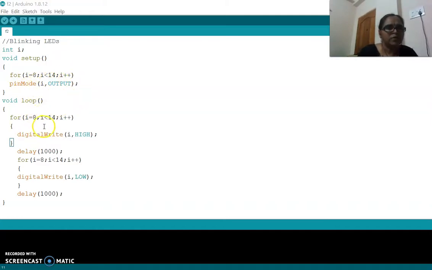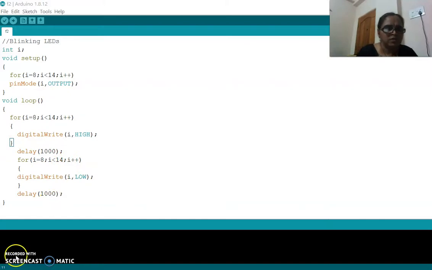Then I am going to take one more for loop in the loop function, and I am writing logic high to the 8th to 13th pins. Then I have taken a 1 second delay. Then I am putting off all 6 LEDs. I have taken a 1 second delay. Then this code will repeat many times. This is the never ending loop.